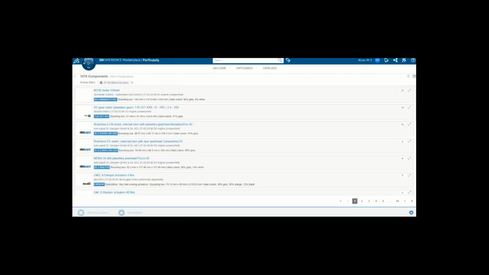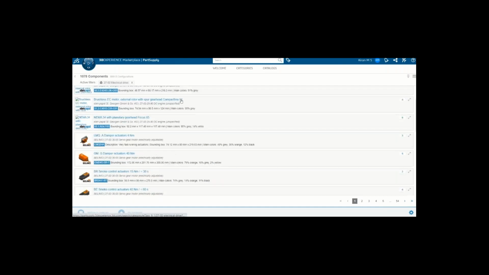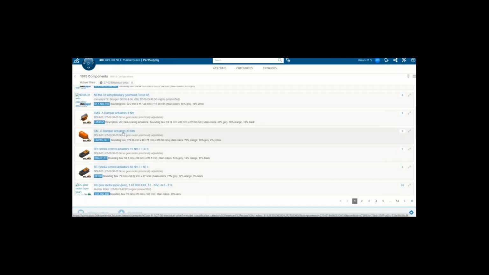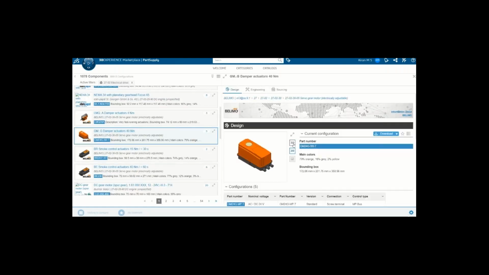Let me select an electrical device, a motor. So I'm just selecting a damper actuator here. I can visualize that particular component in 3D as well as the specifications of that component. Then I can download the same model in CATIA V5 or STEP or SolidWorks format as well.